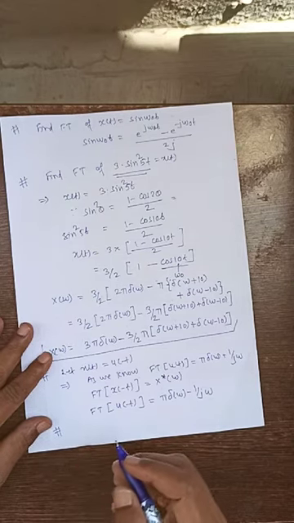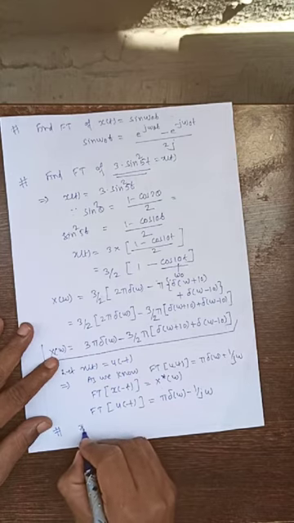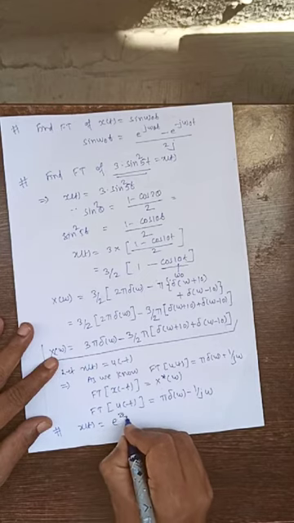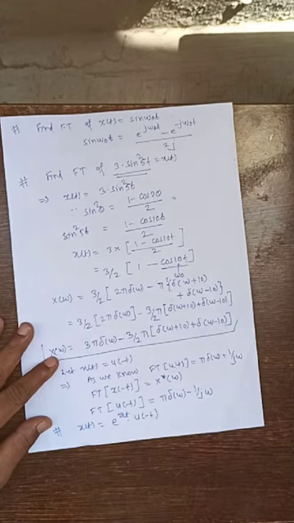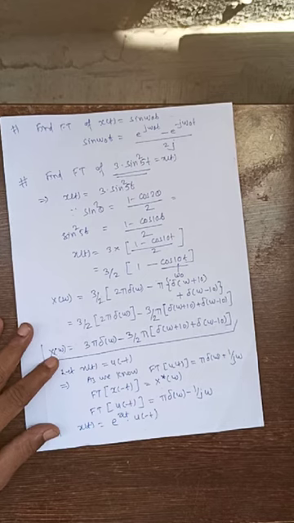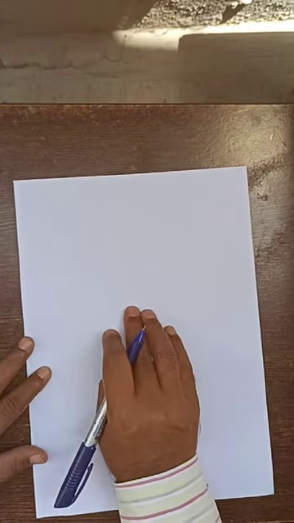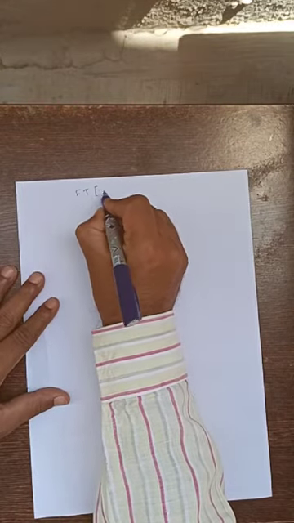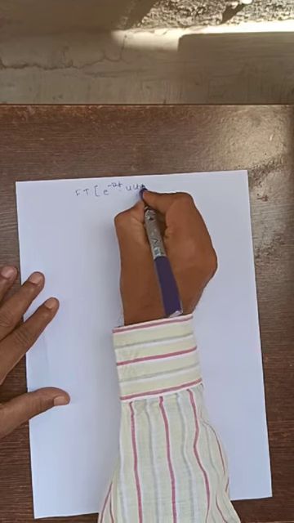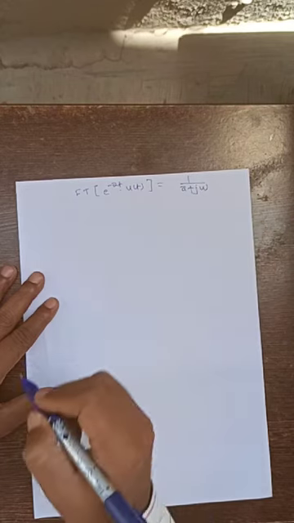One more example, you can do this again using the same property. x(t) is equal to e raised to at into u of minus t. Again use the time reversal property here. So what is the time reversal property? We know that the Fourier transform of e raised to minus at into u of t is equal to 1 over a plus j omega.